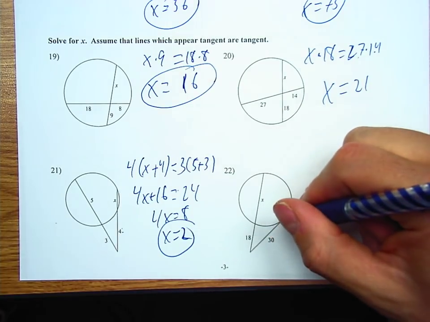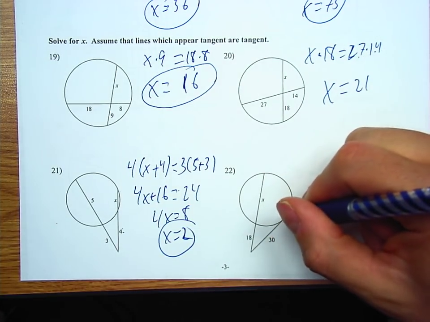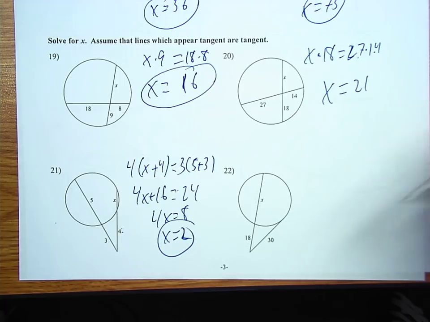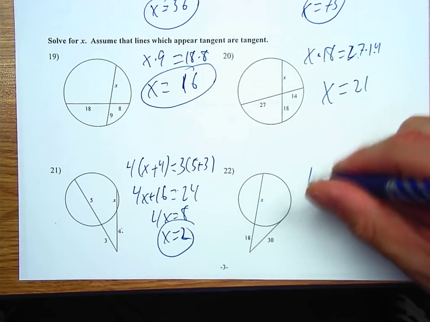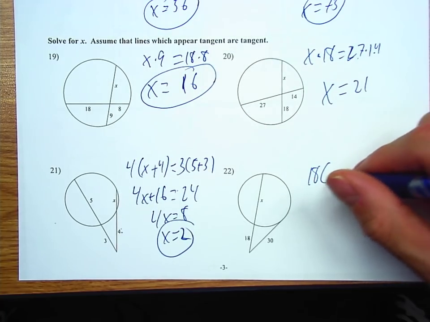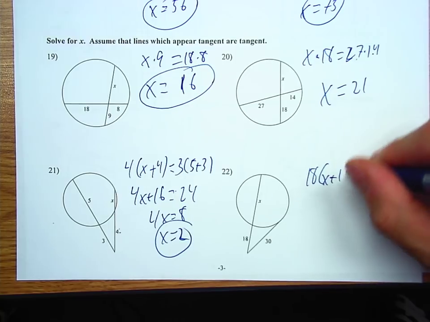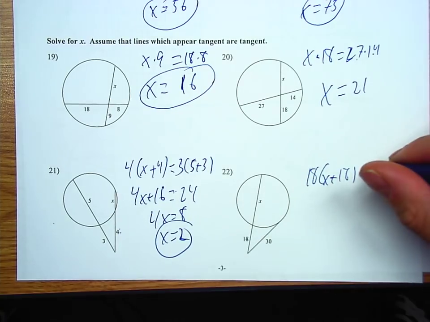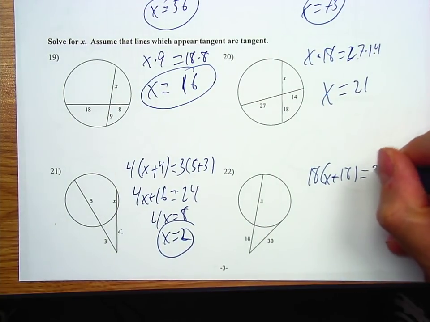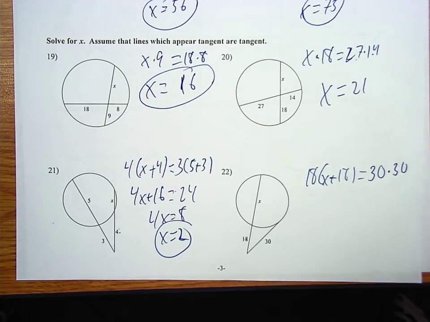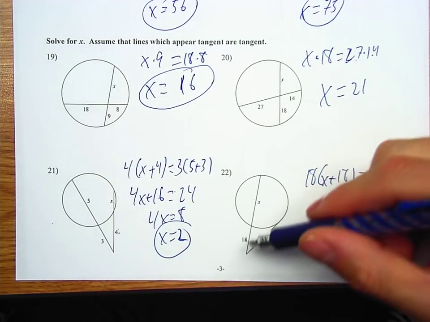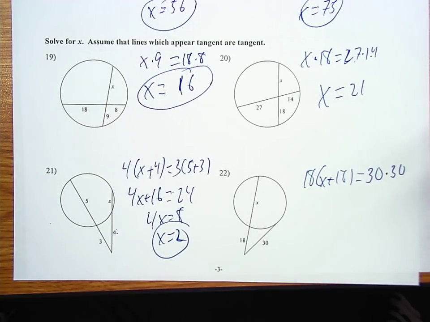Same deal here, except I don't have an inside length on this one, on the 30. But the outside length times the entire length is still equivalent for these segments. So the outside length here is 18. The entire length is x plus 18. The outside length here is 30, and so is the entire length, 30 times 30. The outside length times the entire length are equivalent on any secant or tangent lines that intersect at a point